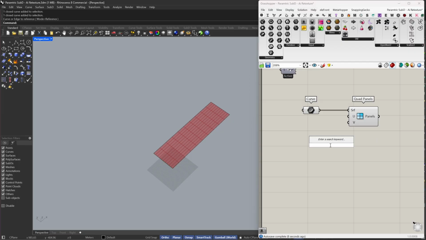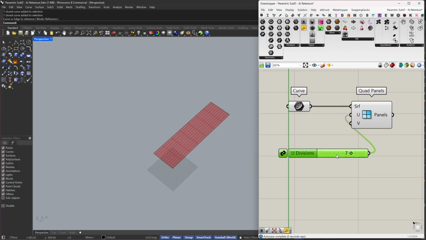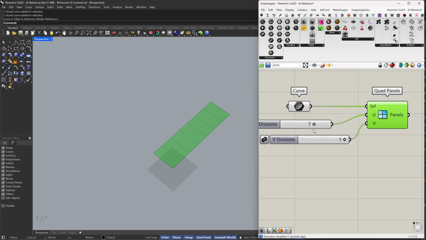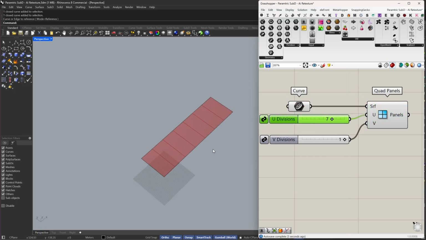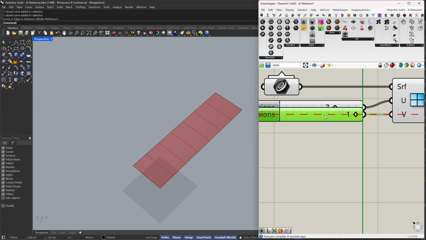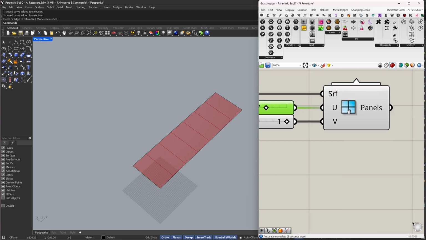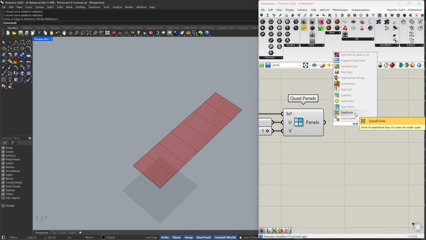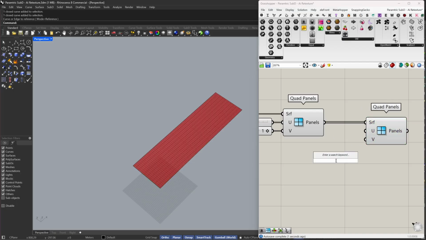and I want this to be 7 by 1, and this is important because I want these to be segmented like this, and we can increase or decrease this amount, but this is the amount that I want for now. So for now I think 7 is a reasonable number, and I want to create another quad, but this one is going to be 2 by 3,